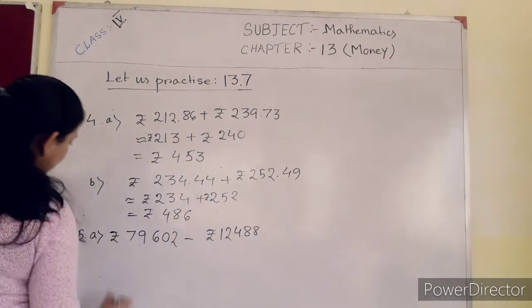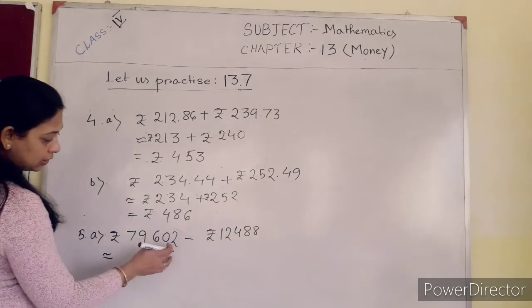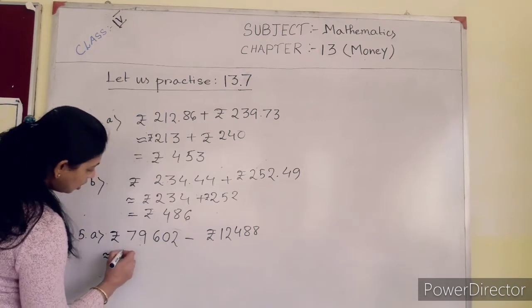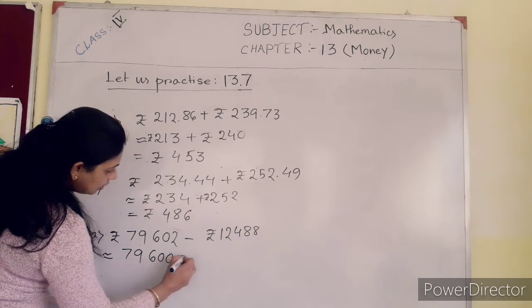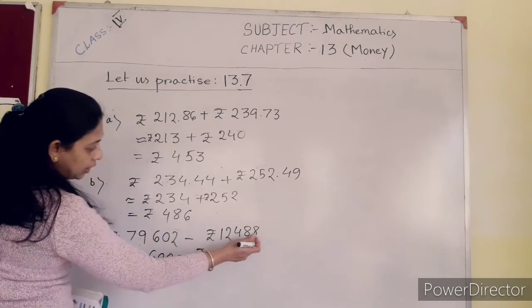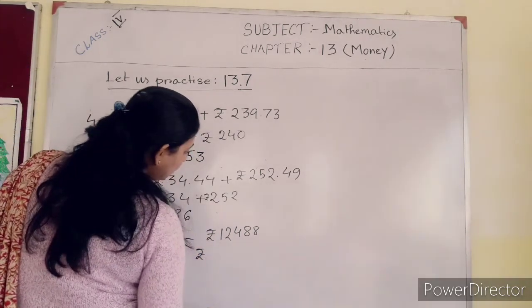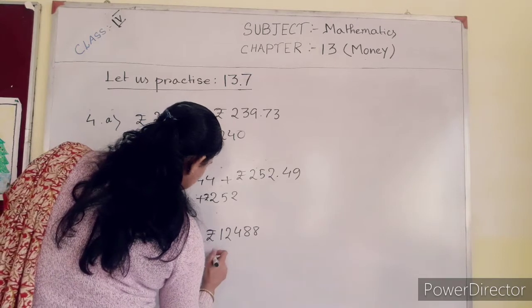Nearest 10 rupees, approx. For the nearest 10 you have to observe which digit is present in one place. 2 is less than 5. So answer is 79,600. Minus rupees, 8 is greater than 5, so we have to add 10 with this number. So answer is